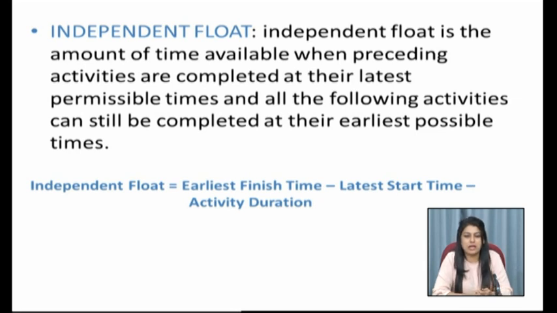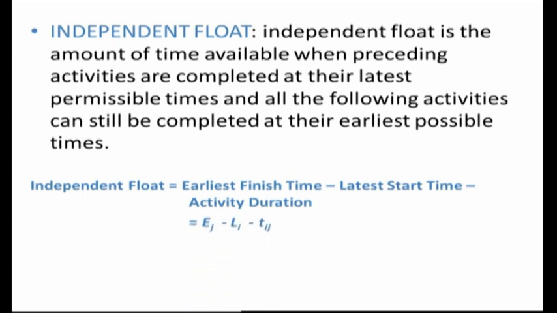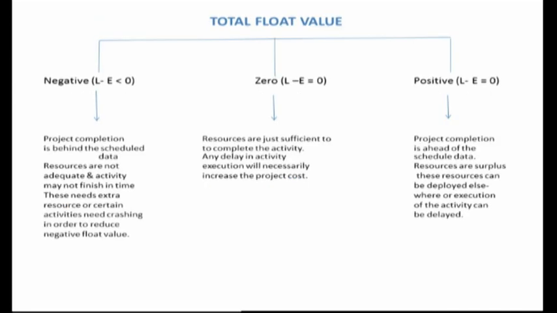Mathematically, it can be said that independent float is equal to earliest finish time minus latest start time minus the activity duration, which can be written down as Ej minus Li minus Tij, which is the activity duration. Friends, this is important to understand what happens to the interpretation when we have the value of total